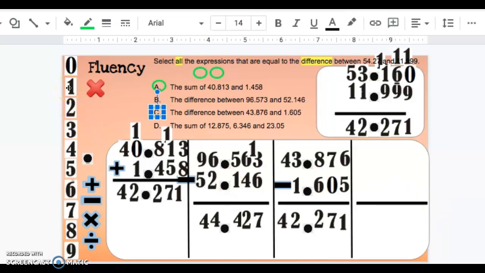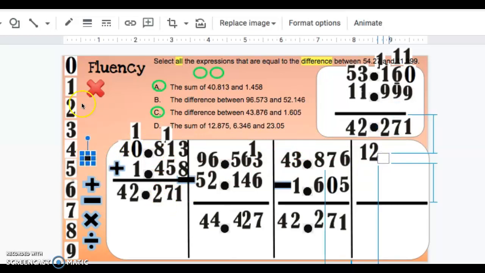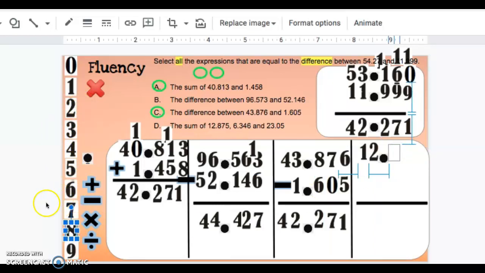So I'm going to start off by putting my 12. My decimal point, 8, 7, 5,